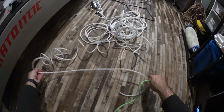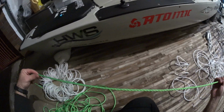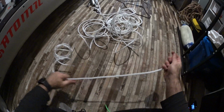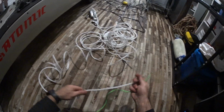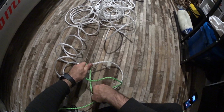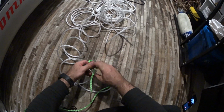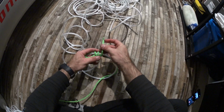Okay, now we're going to tie two marine ropes together. We have 12 meters of the green one and 20 meters of the white ones. So what we'll do, we're going to be tying the double fisherman's knot. This is the main line, the white one. We'll form a loop on top of it, and we'll start looping it on top of the two lines 3 times, like so,